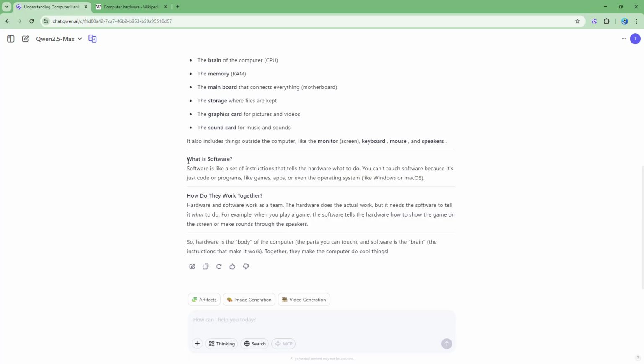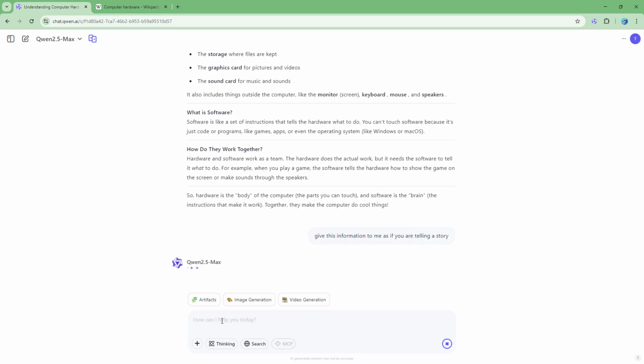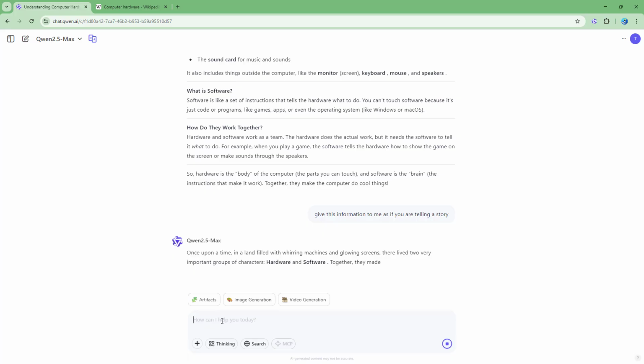So you can see that it has what is software and how do they work together. So it has divided the information right here. So you can also see give this information to me as if you are telling a story. So if I were to actually go ahead and do that, then it says once upon a